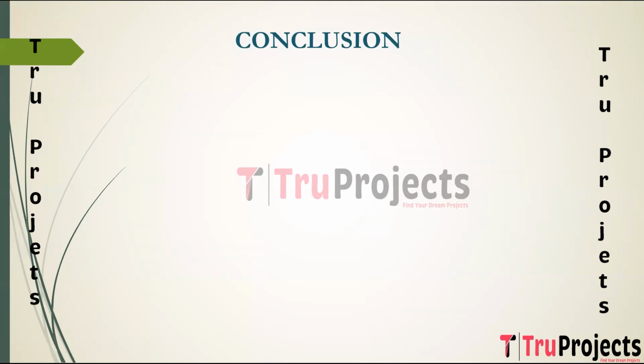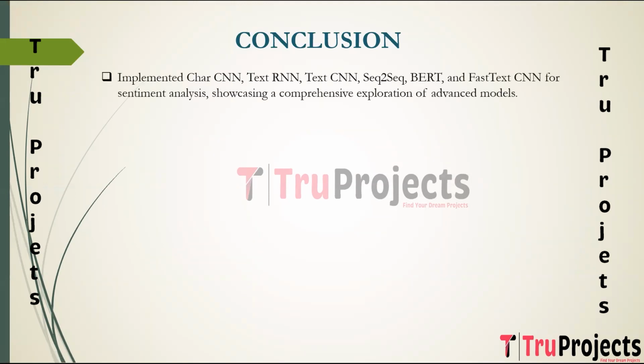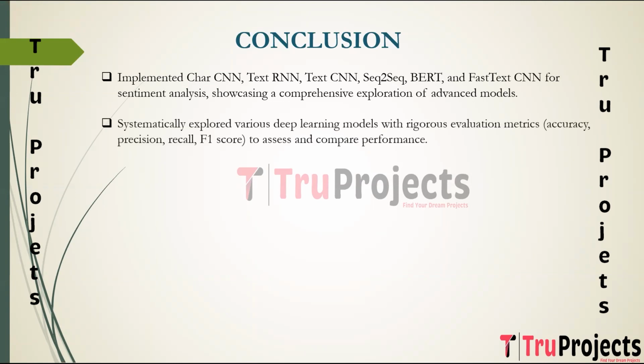Conclusion of the project. The project successfully implemented and evaluated a diverse set of advanced sentiment analysis techniques, including character CNN, text RNN, text CNN, sequence to sequence, BERT, and fast text CNN, showcasing a comprehensive exploration of the state-of-the-art models. The project systematically explored various deep learning models, each designed to capture unique aspects of the sentiment in the